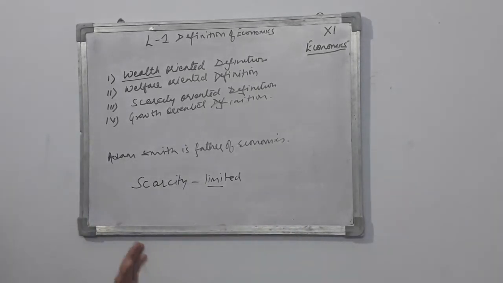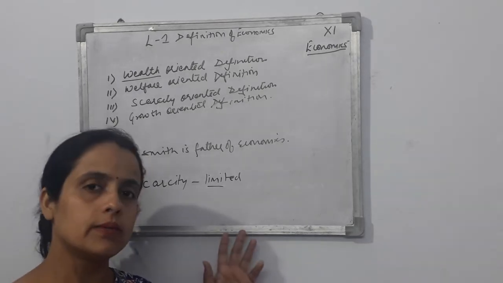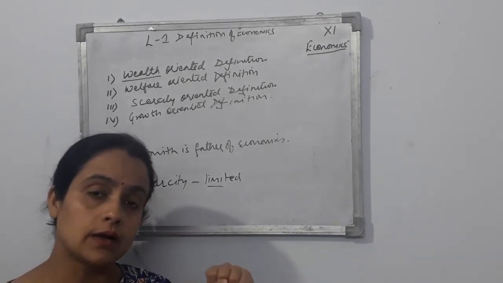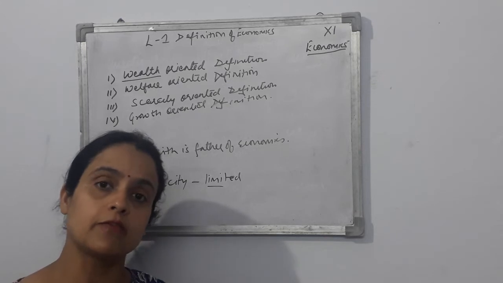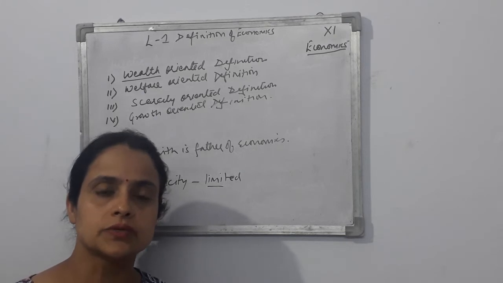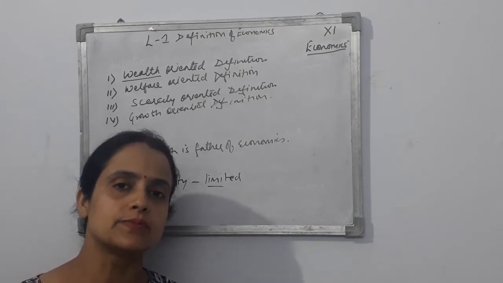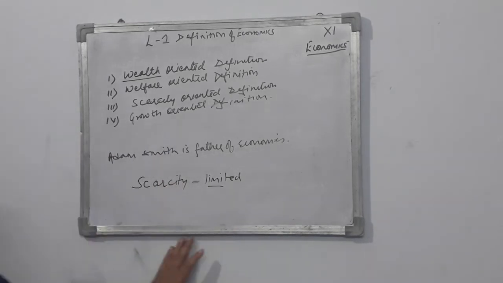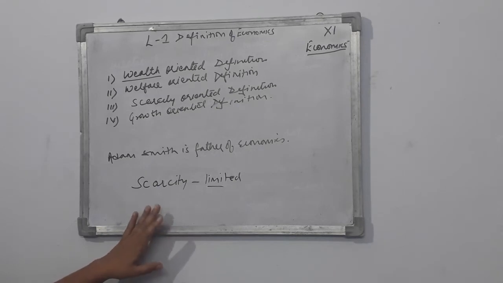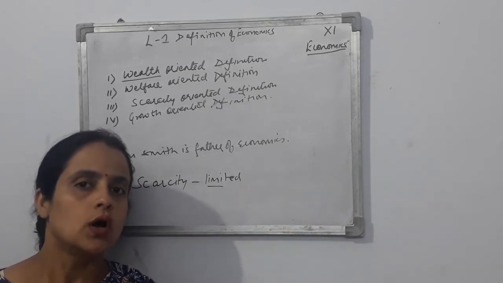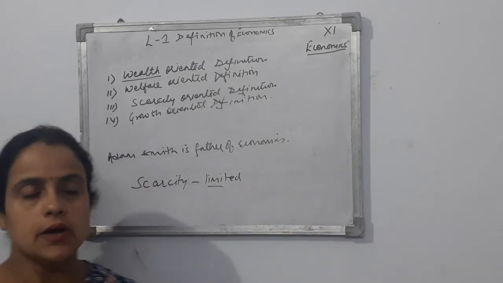So the third definition we are going to read about was given by Lionel Robbins. He said that economics is a branch which reads the problem of scarcity, the problem of limited things. He said that the resources are limited and to use them in the best manner in order to get maximum output out of it is what is known as economics. ठीक है, तो उनका कहना ये था, economics is a science which studies human behavior as a relationship between ends and the scarce means to counter these ends, right? This is what he said.